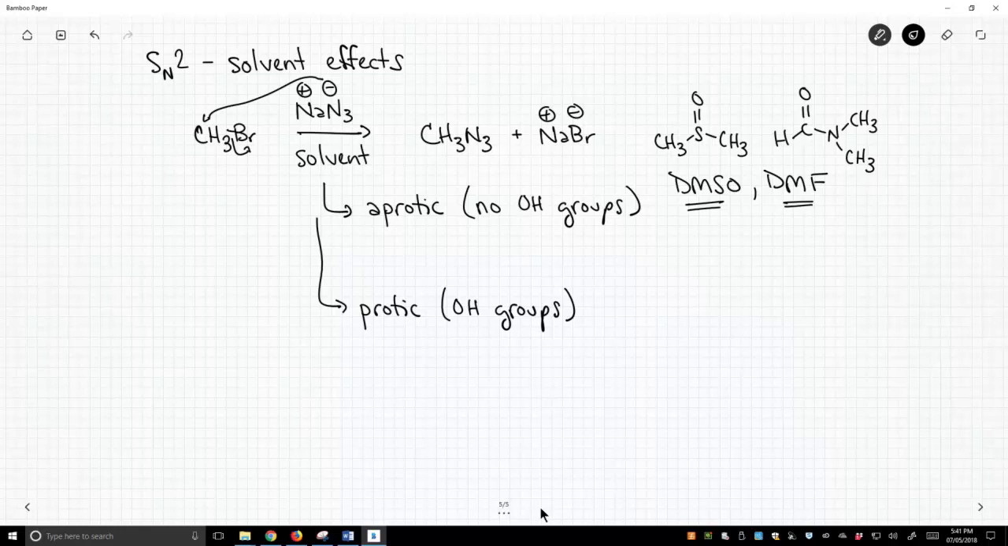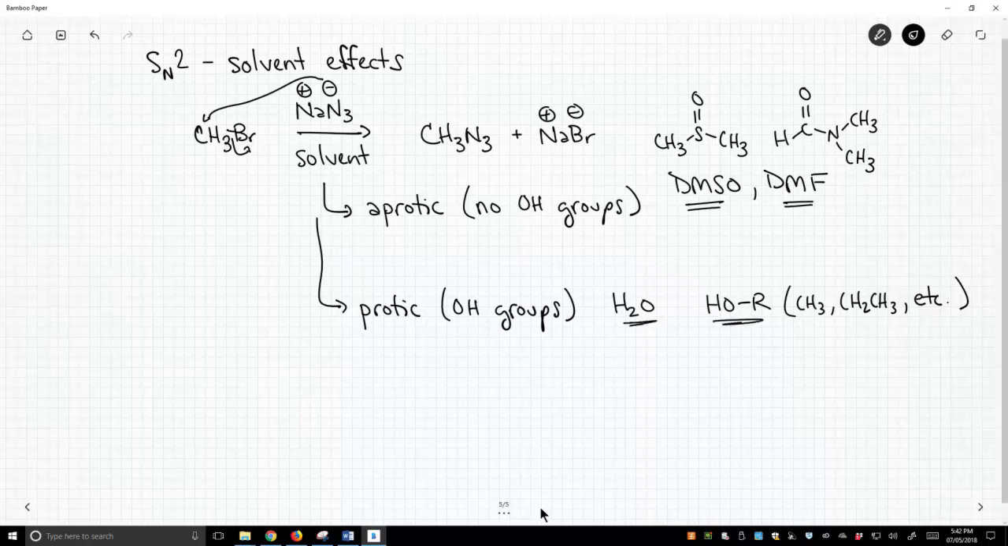What are the protic solvents? Protic solvents include things like water. Of course, water contains OH groups, and alcohols. So what are the alcohols? Well, I mean, R could be CH3. It could be ethyl, CH2, CH3, etc. Now, as it turns out, protic solvents are not as good for SN2 reactions, and it's because these OH groups